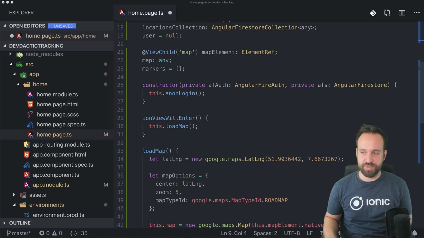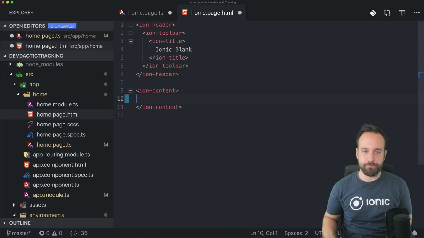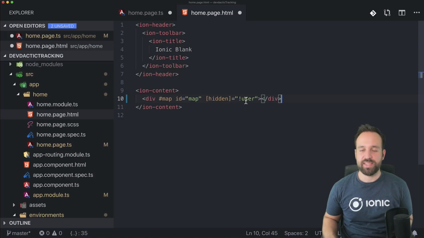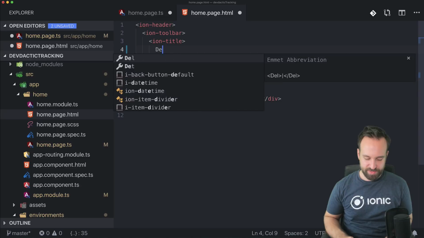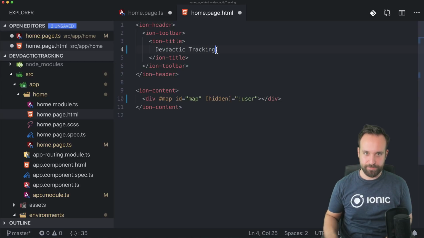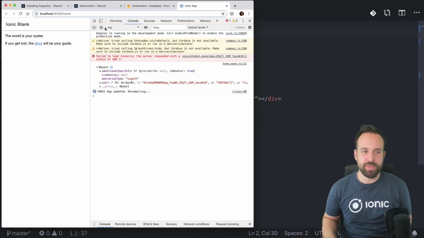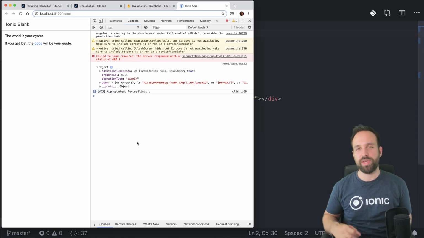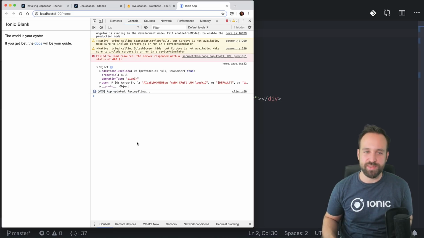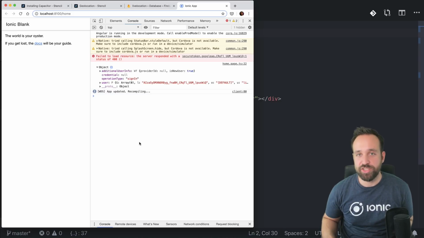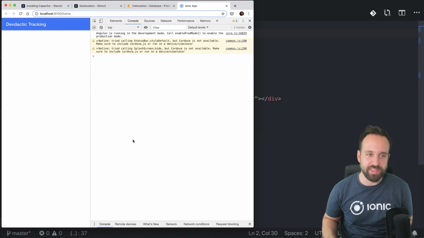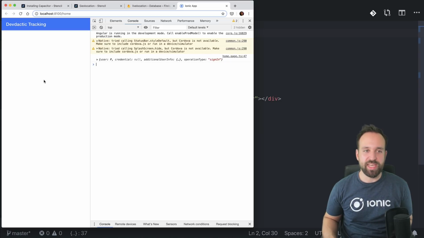So now in order to actually see a map, let's change a bit of our view. And let's hide the map unless we have a user. Let's call this devtactic tracking, and of course, as always, the color primary. So now we should actually see a bit of change in our app, because we automatically perform the anonymous login, which will then establish a connection to Firebase. We're not loading data, but we should be able to see our map, which we don't do because we need